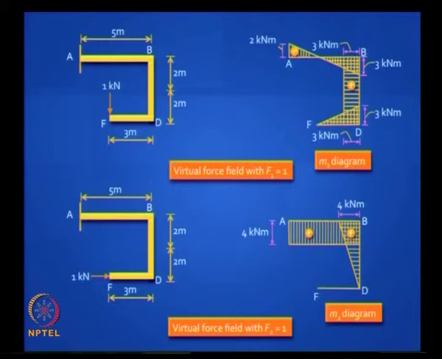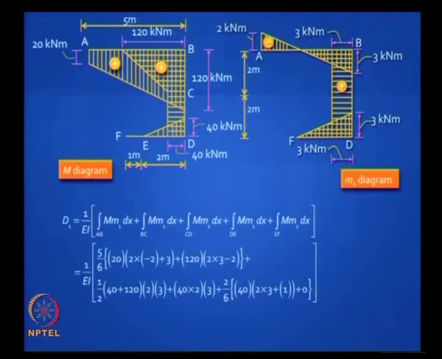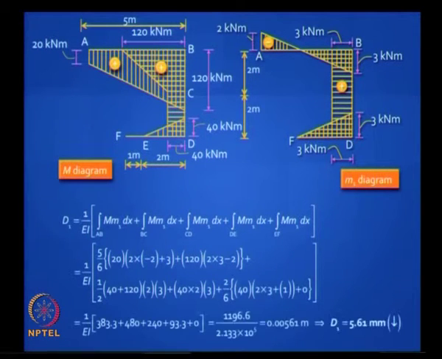Once you have got these two diagrams and you have got the capital M diagram, it is a question of integrating, but you will find it is much easier to do the area multiplication using the volume integral. So let us take the first case. On the left side you have the capital M diagram, on the right side you have the small m1 diagram. You need to multiply one with the other. In this case both are made up of straight lines, so it is very easy to do it. So I leave it to you to work out the calculations. You can use that formula for the trapezium and you will get the answers very quickly.